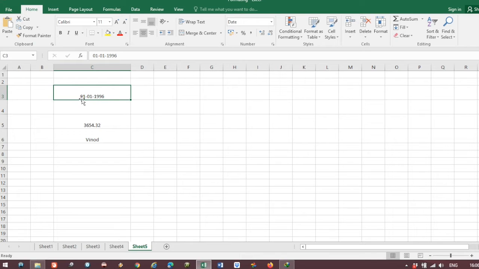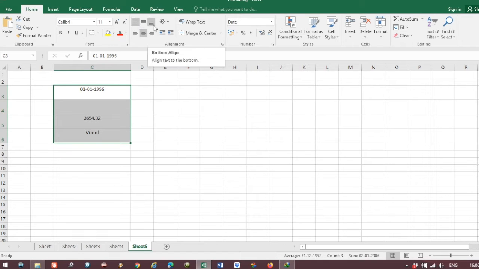If you want to put this date in the middle, you have to click here. If you want to keep it at the top, you have to choose the top alignment. If you keep it at the bottom, you have to choose the bottom alignment. By default, as I told you, text will be on the left side, numbers will be right aligned, and dates will be right aligned.